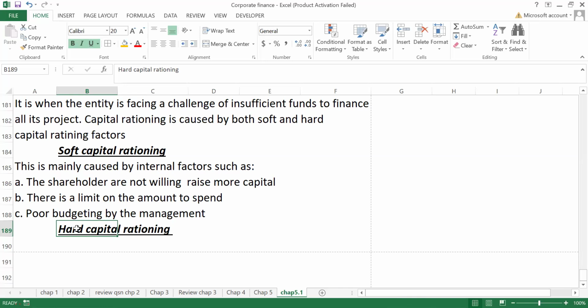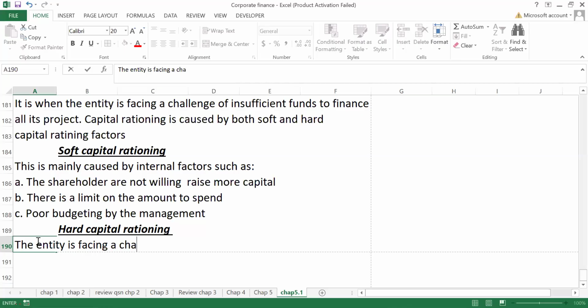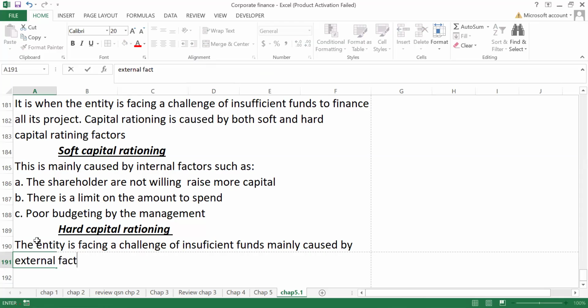The entity is facing a challenge of insufficient funds, mainly caused by external factors,